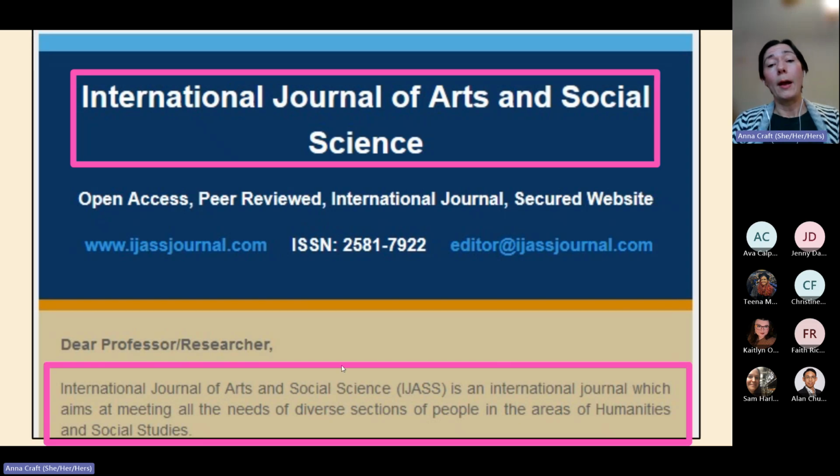That's pretty broad, so this immediately throws up some alarms. Other things that cause some questions: "secured websites." I mean, they all should be, we hope, but including that in how you're advertising yourself causes some questions to come up. And how many times are they going to say that they're international?